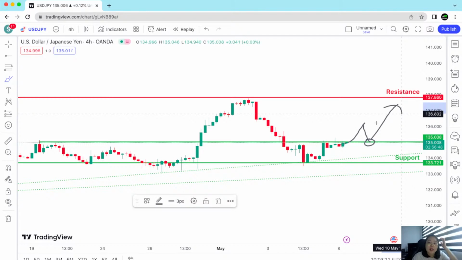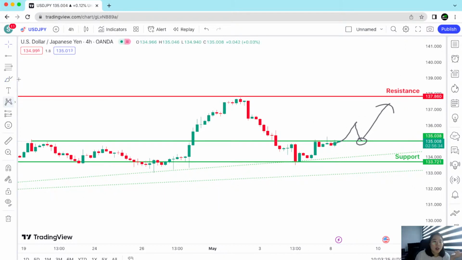Why does it have to happen? You're just like, why can't I just get in for a buy now? The first thing is the breakout will confirm that momentum is still strong. Momentum is still up. In the event it doesn't break out and price turns and pulls back here, it just means you have lost bullish momentum. So the breakout will confirm the bullish momentum. So that's a good thing. The retest will confirm that this zone is in fact a good area to get in for your buy entry.